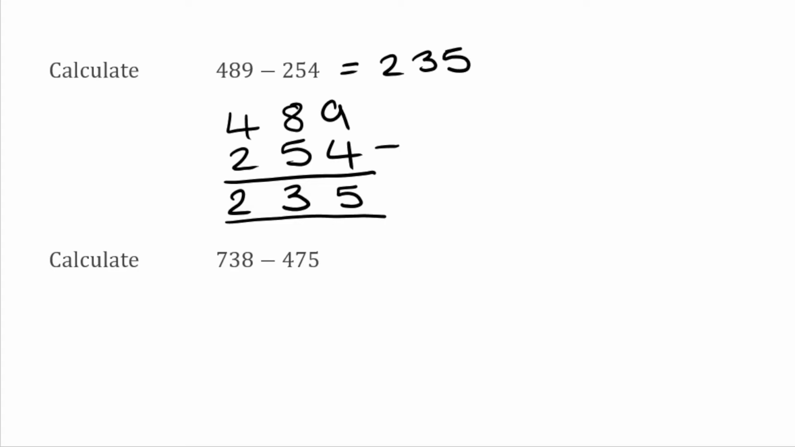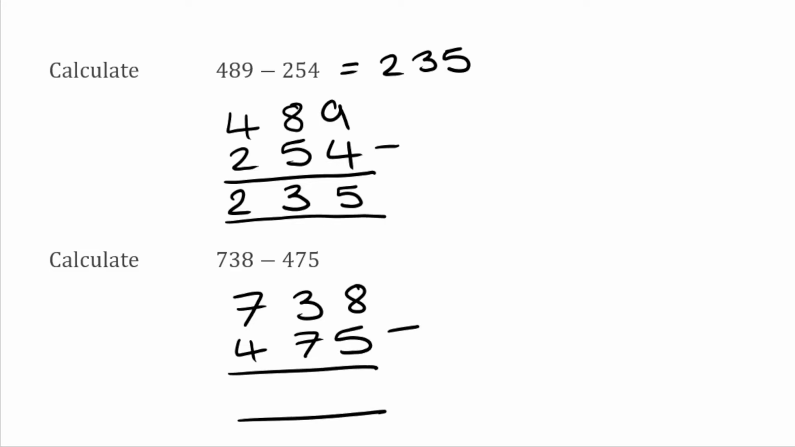Okay, we're going to set up this next question exactly the same way. So we'd have 738 take away 475. Okay, again, so starting from the right-hand column, I'd have 8 take away 5, which is 3. But now I've got a bit of a problem, because if I've got 3 take away 7, which is actually